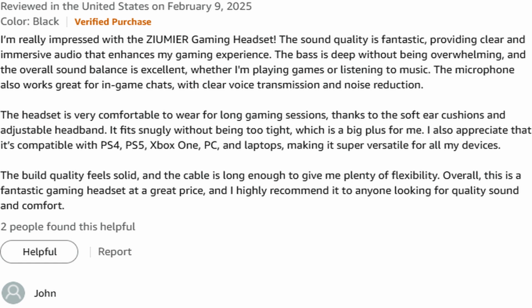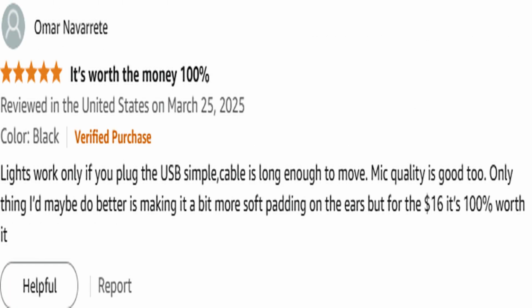The lightweight construction further contributes to long-term comfort, making it suitable for marathon gaming, streaming, or simply relaxing with music or movies. Some users mention that the padding could be slightly softer, but for the price, the comfort level is generally considered excellent. Build quality is frequently mentioned in reviews, with many users impressed by the headset's sturdy construction and